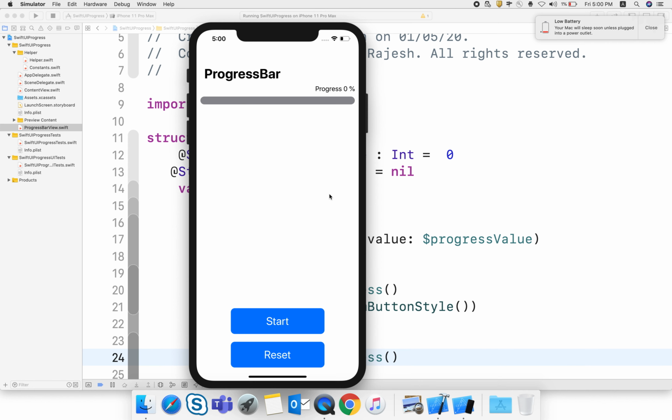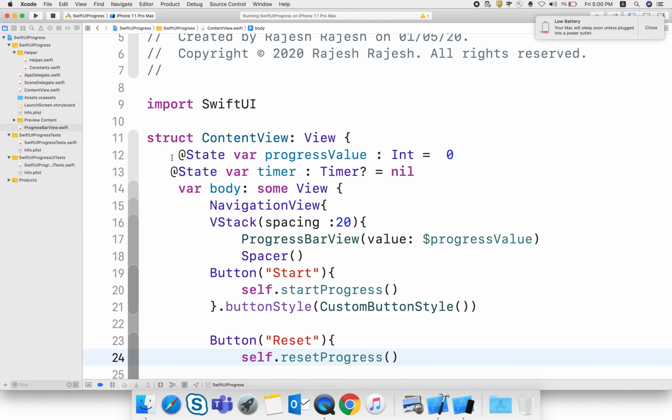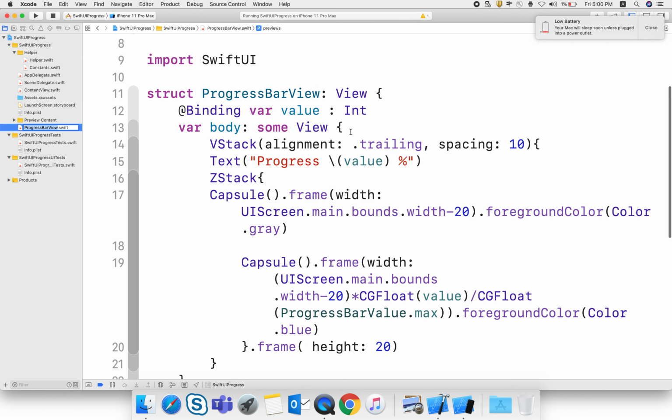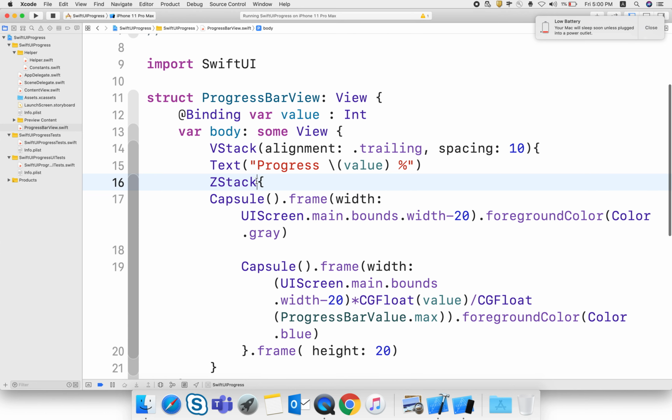It takes quite some time. Here you can check when I click on start, the progress starts from the middle. To fix that, I go to the ProgressBar view, and in the ZStack I give some alignment, leading, so it starts from the leading.